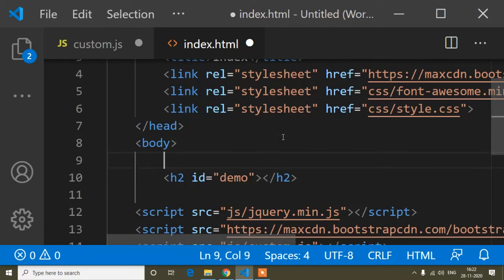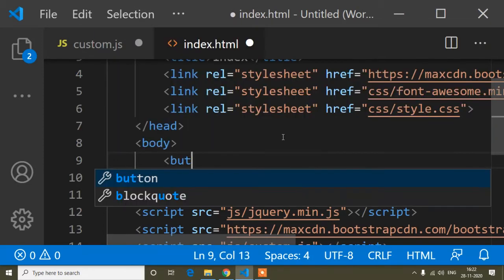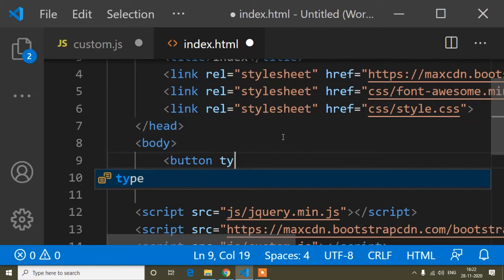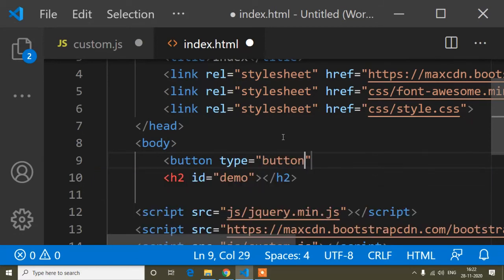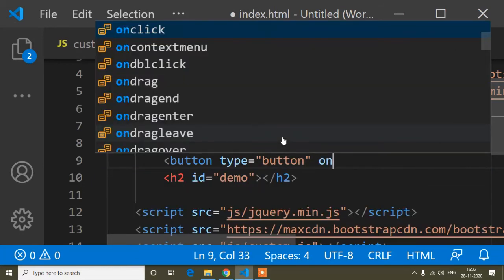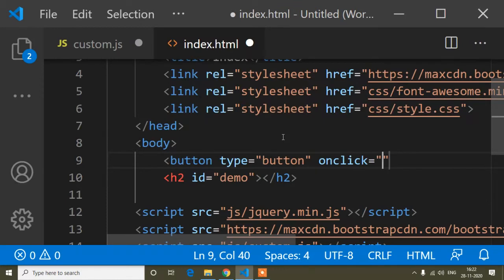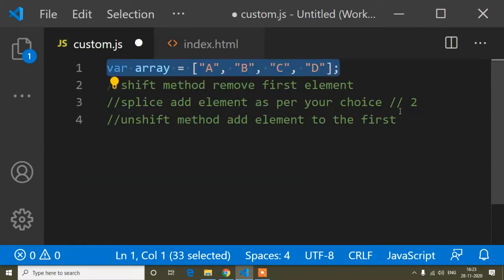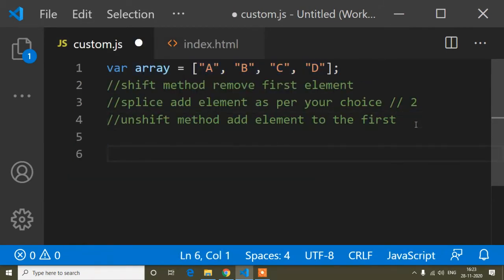And now I will show you what happens when I click a button, so the button type is button. Here I will write an onclick method, because when I click this button, I have to write an onclick method. The method name is func. You can write the method name as per your choice, and the button name is click. You can also write the button name as per your choice. Now I will copy this method name and print it here.